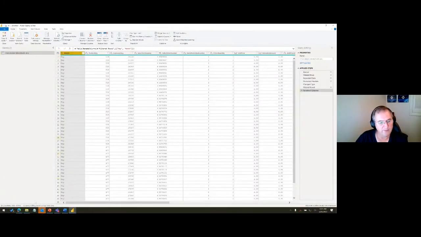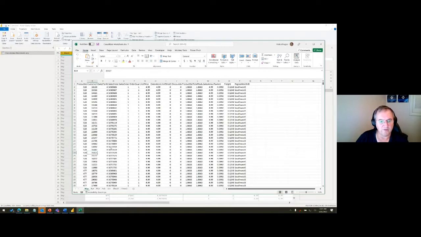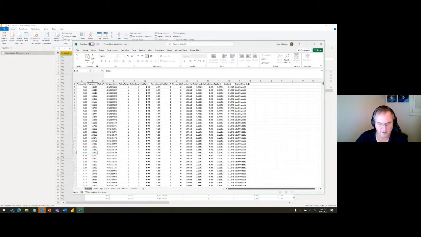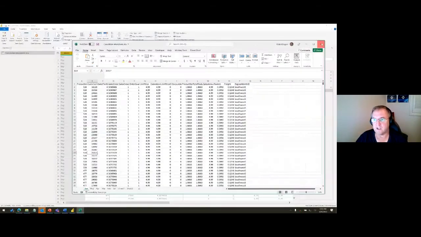But what's going to happen next month? Next month, so let's do a simulation here. Next month, someone's going to send me a new version of this workbook. And so I'm going to duplicate this sheet. So next month, I'm going to get a new copy of this workbook, and it's going to have an extra sheet in it called June. So if I make that change now,